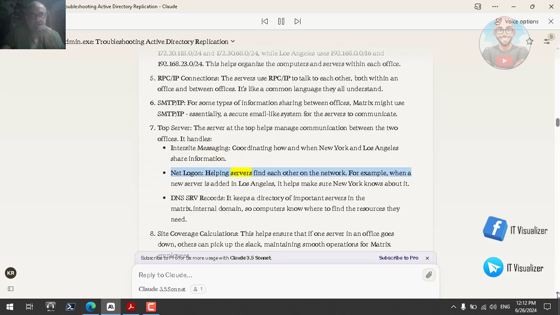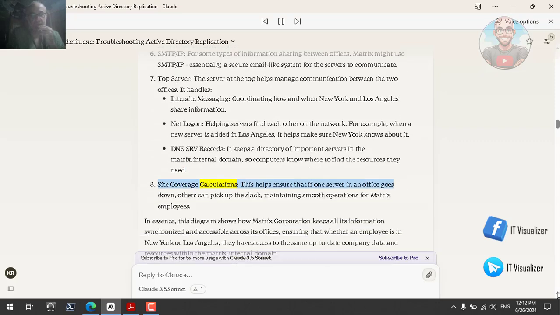NetLogon, helping servers find each other on the network. For example, when a new server is added in Los Angeles, it helps make sure New York knows about it. DNS SRV records. It keeps a directory of important servers in the matrix.internal domain, so computers know where to find the resources they need. Site coverage calculations. This helps ensure that if one server in an office goes down, others can pick up the slack, maintaining smooth